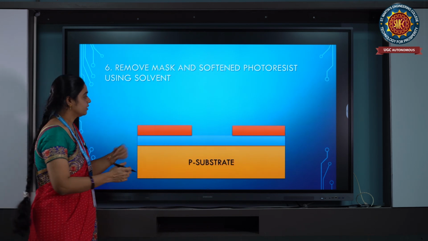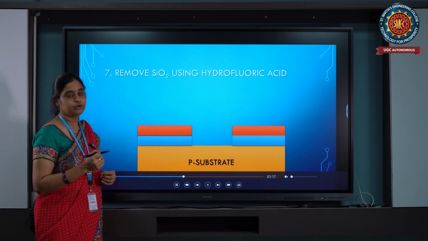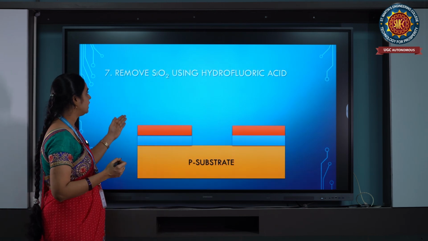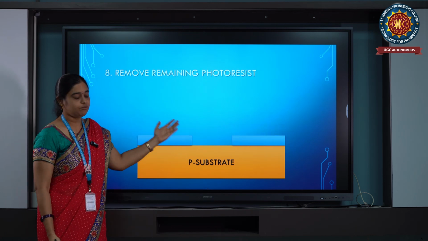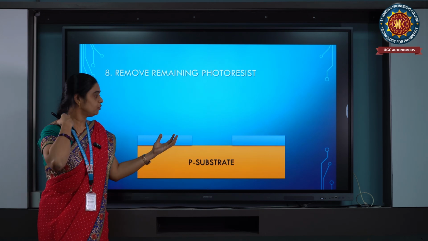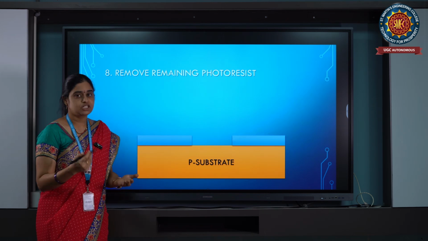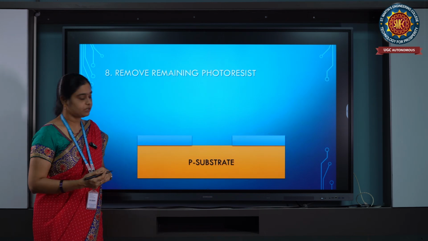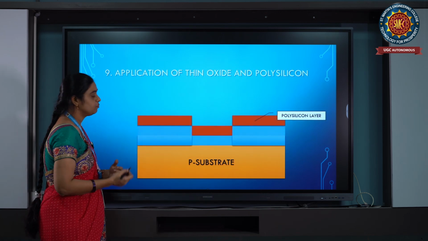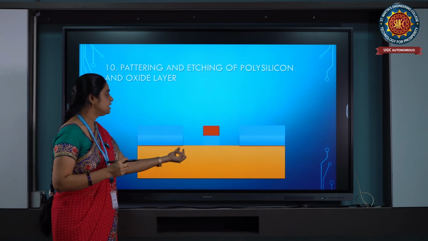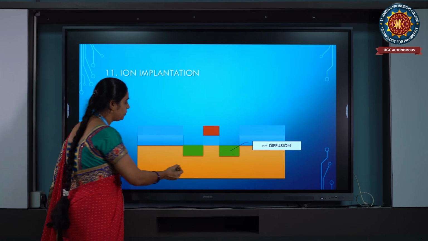So let us see the next step in this video. After etching, what are we going to do? We are now placing SiO2 again. We are now removing the leftover parts. After etching, we are removing the leftover parts, and now we are performing the next process, which is known as diffusion. In diffusion, we are going to insert N diffusion and P diffusion. Before going to that, we have to make these regions empty. For that, we have placed a photoresist layer, and we are performing masking.